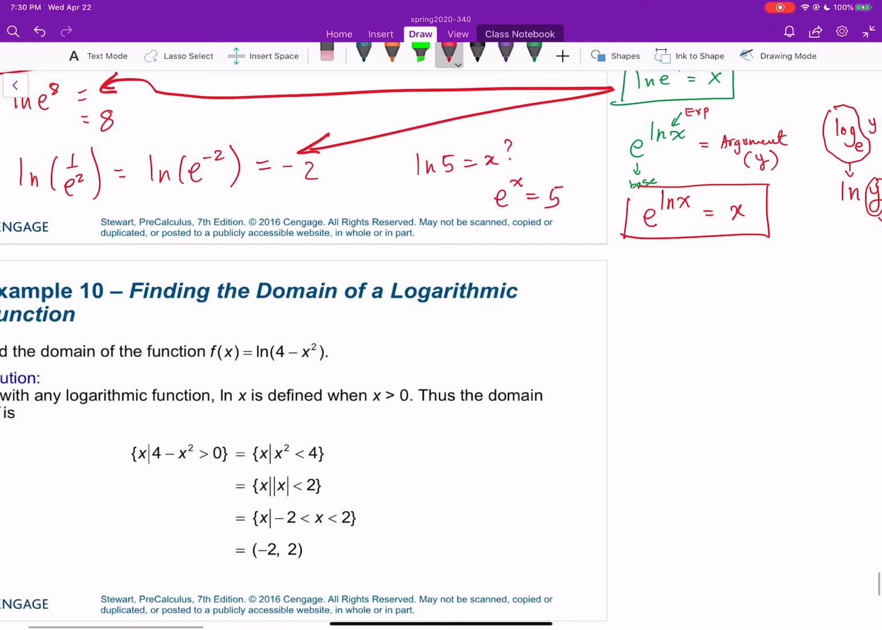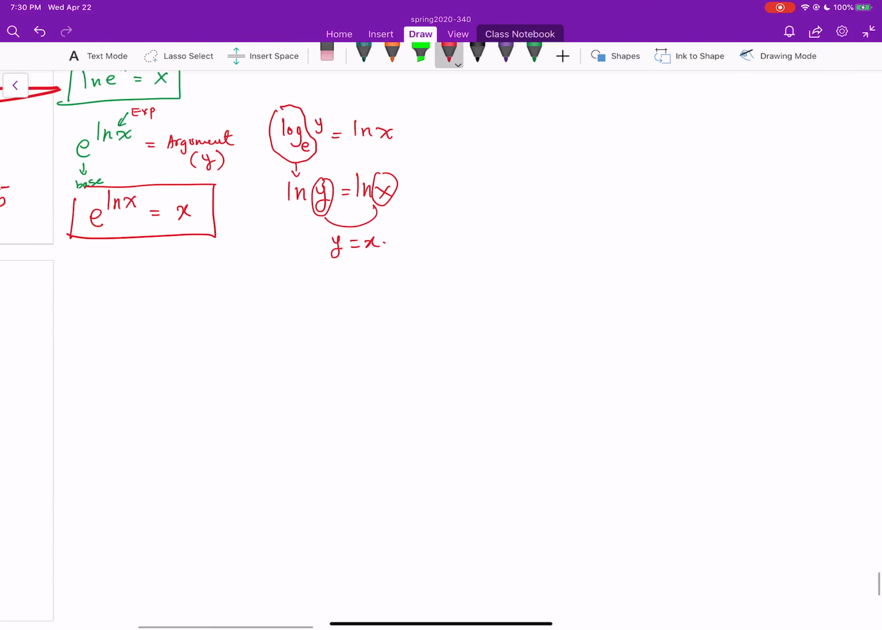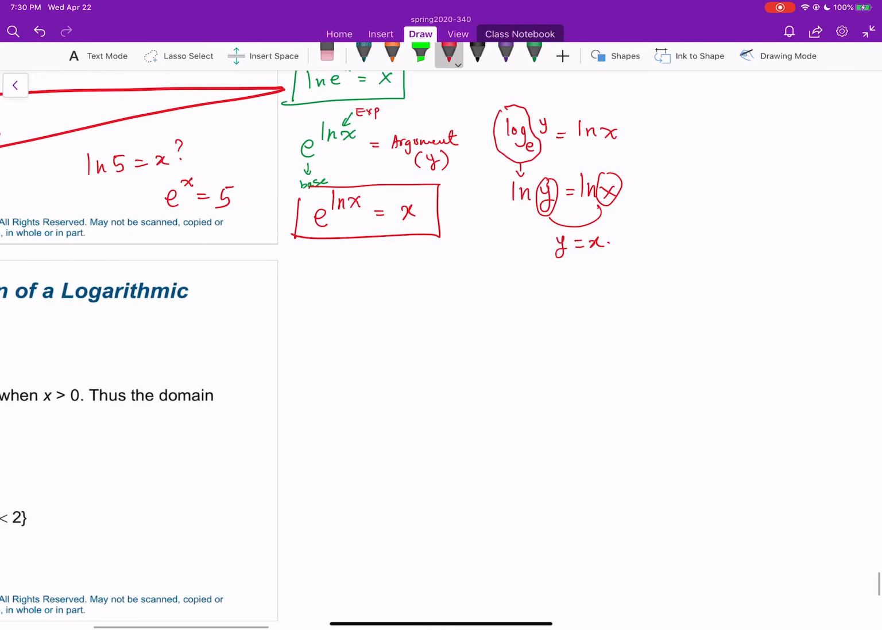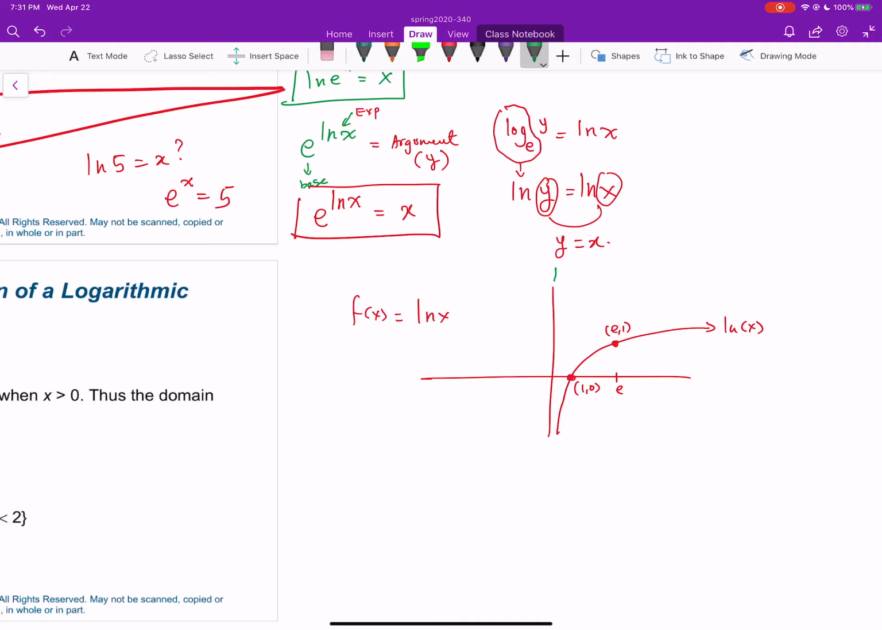All right, before we get to domain, just like we did with logs, once we discovered logs and did the properties, we went straight to transformations. And like I said before, every function we discover, we'll look at its transformation. So we know the base graph of f of x equal to ln x looks like this. This is 1, 0. E is e, 1. This is the graph of ln x. It's got a vertical asymptote at